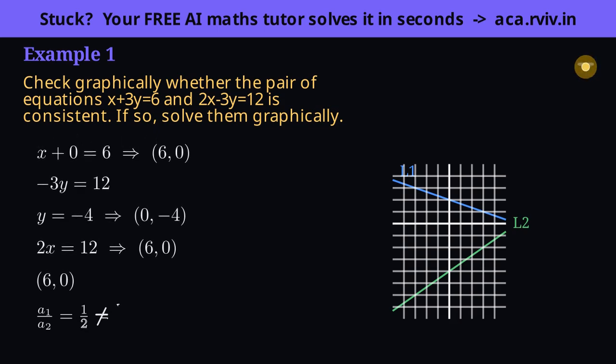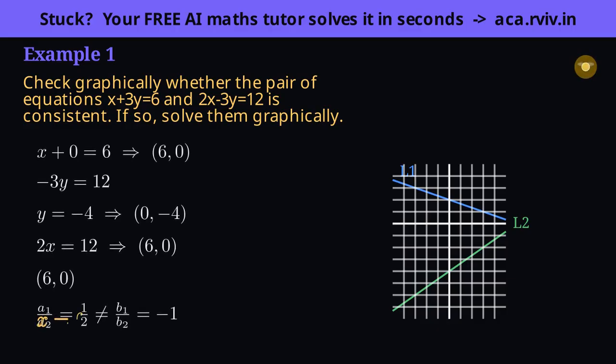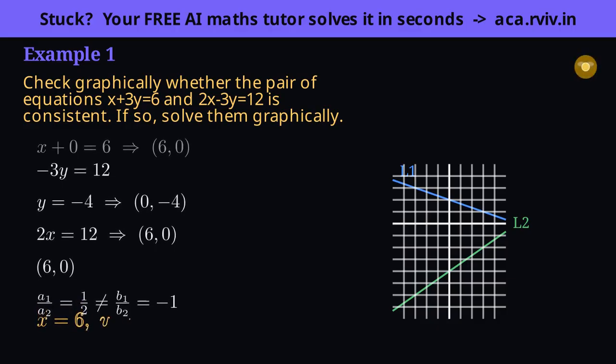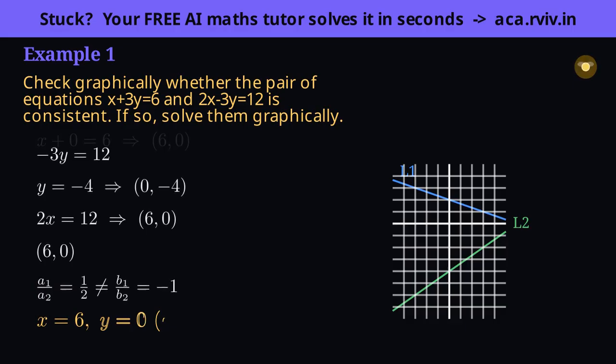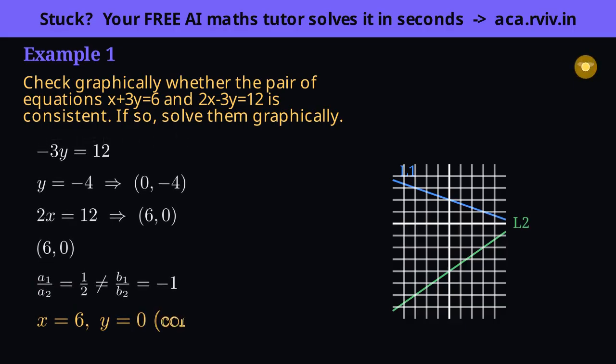The A ratio is 1/2 but the B ratio is -1, and since those ratios differ, the slopes differ, forcing the lines to cross. Graph and ratio test agree. Insight: whenever two lines cross at a single point, you get exactly one clean answer, and you can tell that in advance just by checking that the A and B ratios don't match. That's the unique solution case, straight from the concept.